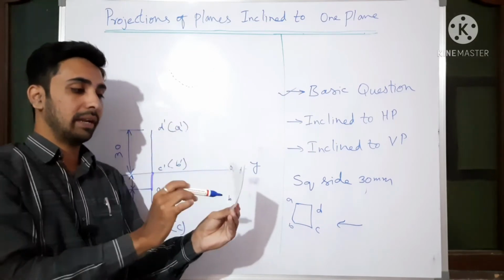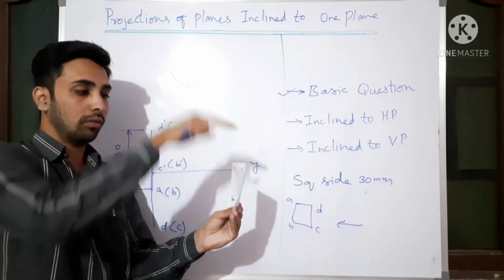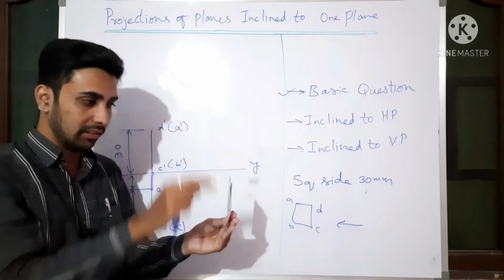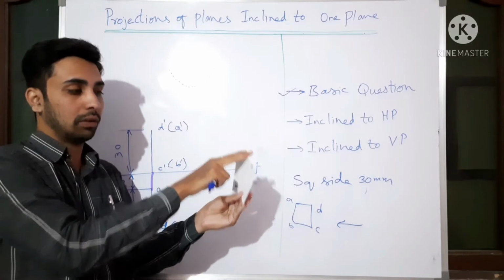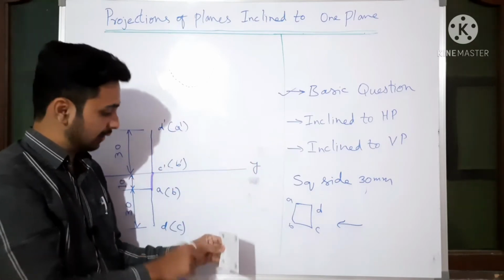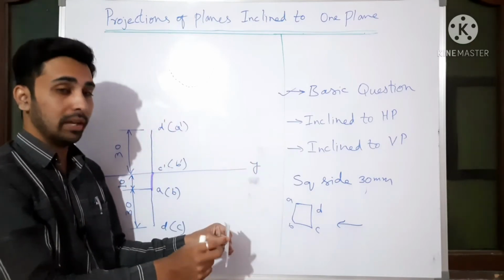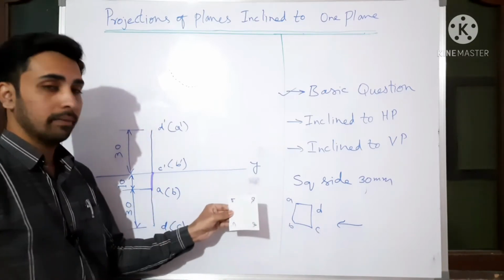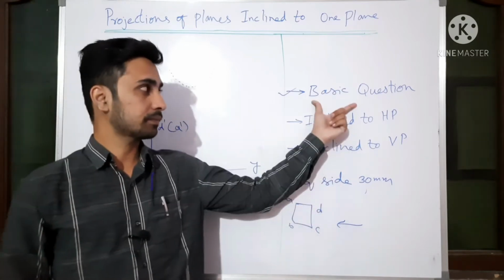First comes A, in bracket B is later on. So for top view purpose, this image will fall here on the HP, then we will rotate this. So here A and D is like this. After rotation, the A and D goes like this. So it is actually like this. To make it visible, I am little tilting it like this. Actually it is this way. Got it? So this is the basic problem.